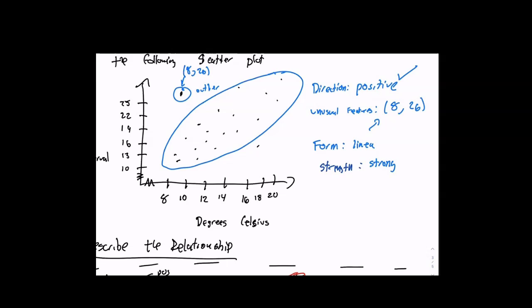And then we finish the problem in terms of the answer. There is a positive, comma, linear, that should be an R, comma, strong relationship between degrees, and I will say, between temperature and chirps. There is